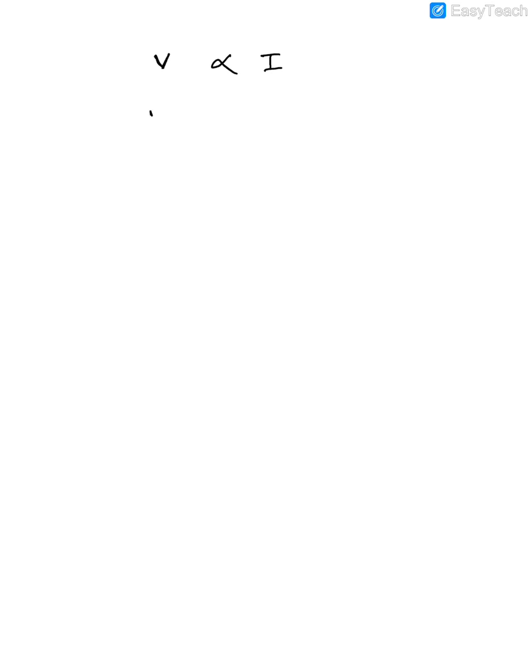Now guys, if you want to remove this proportional sign, then I need to insert a constant. And that constant is called R, which means resistance. So V is equal to IR, and this is called Ohm's law, guys. Very, very important law from your exam point of view. You'll definitely find it in your exam paper. If you don't find it, then change your name. Guys, got it? So that is called Ohm's law.